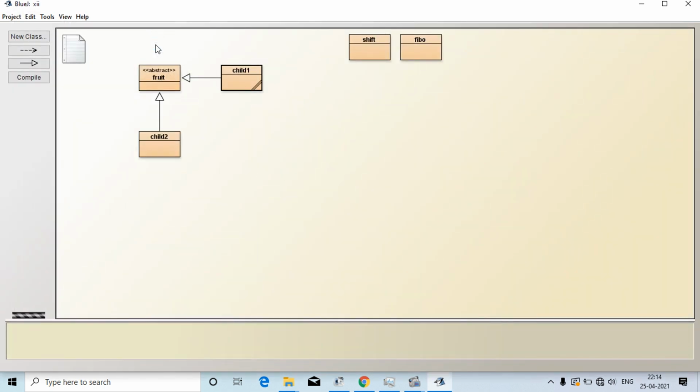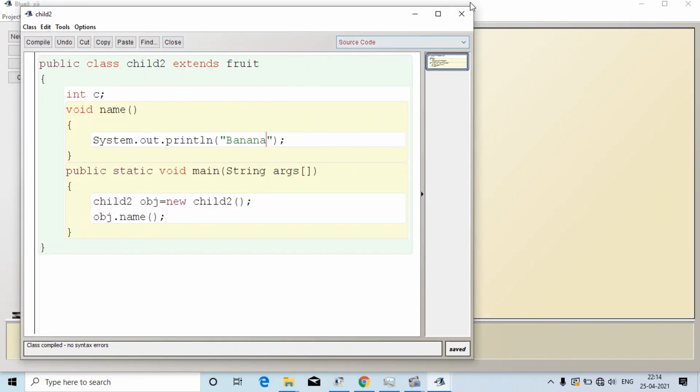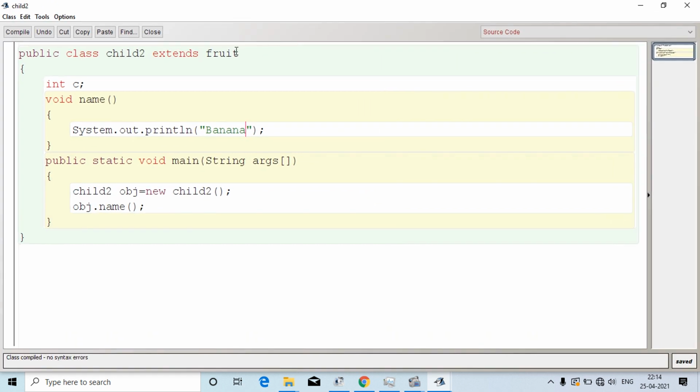Another class which I have created is child2, which is also inheriting the fruit class. Here, as you all can see, it has a data member int c, but I have not used it. Then we have created a function which is name, and this is the function which is already there in the base class as an abstract method, and we have just created the body of this method in child2 class also.